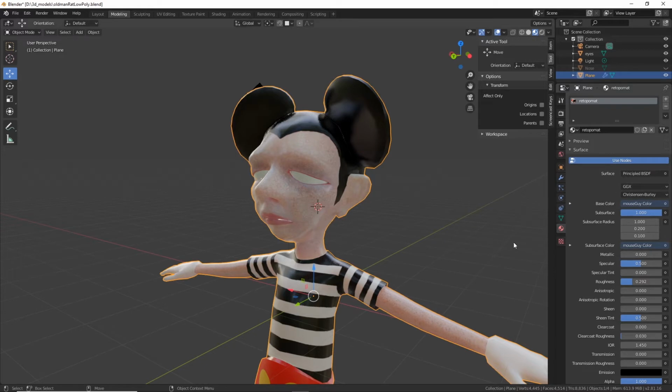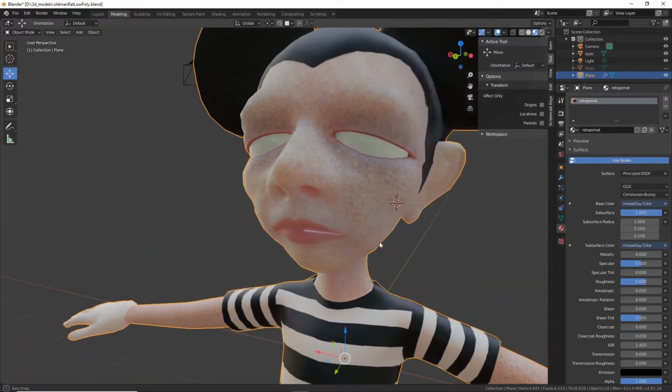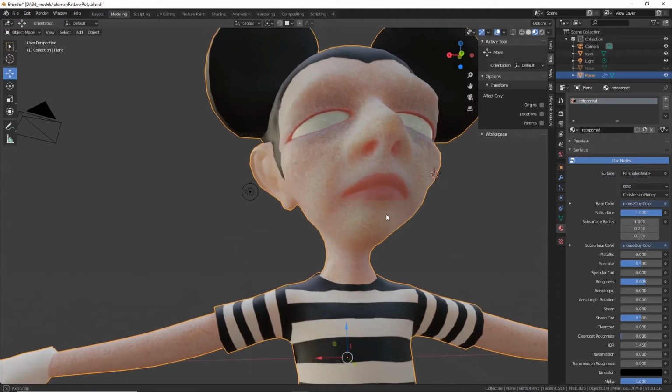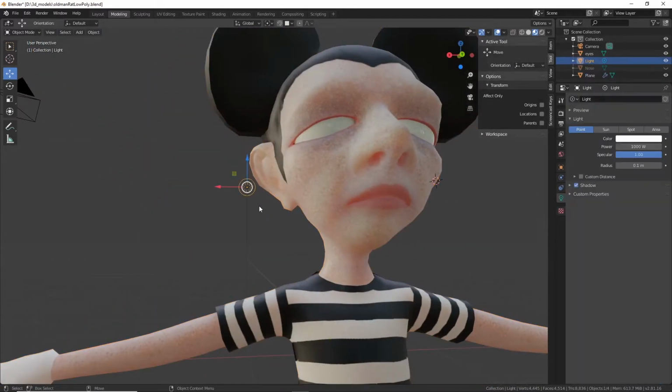So if we select this, you can see the waxiness. Part of it is that the shininess is way up because of the roughness setting. So I'm going to go ahead and crank that up a little bit so we can play around with this. You can see it looks a little bit more soft shaded now. So I've got this light behind the ear,